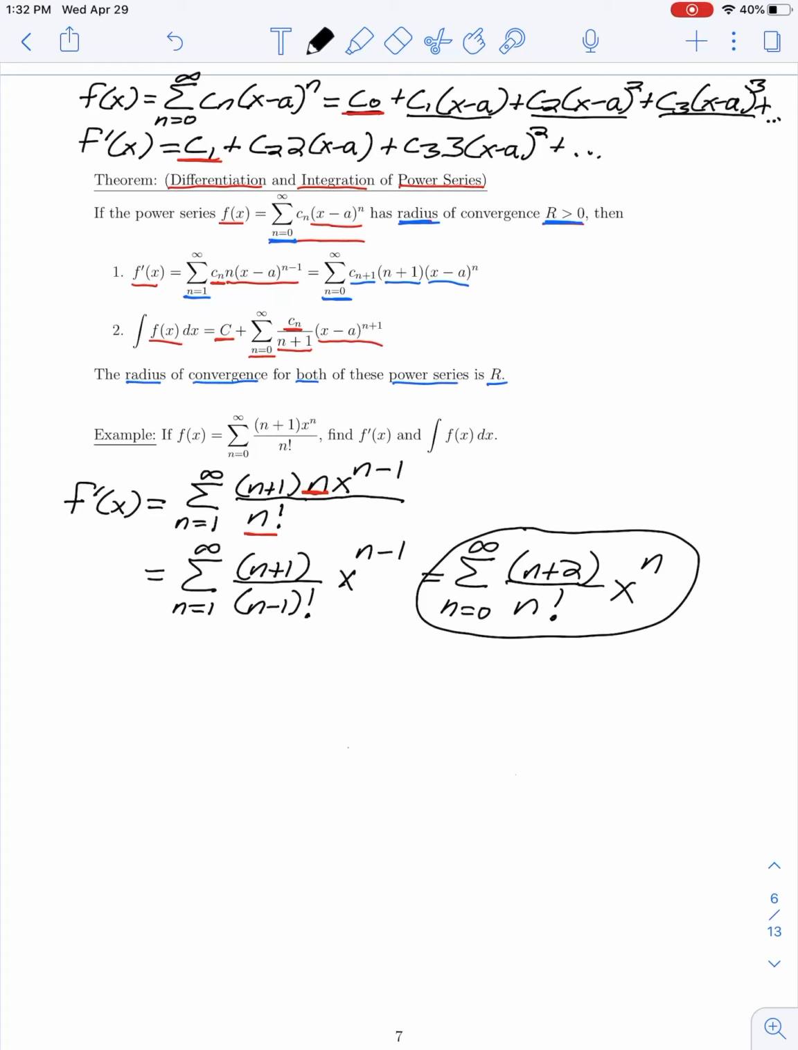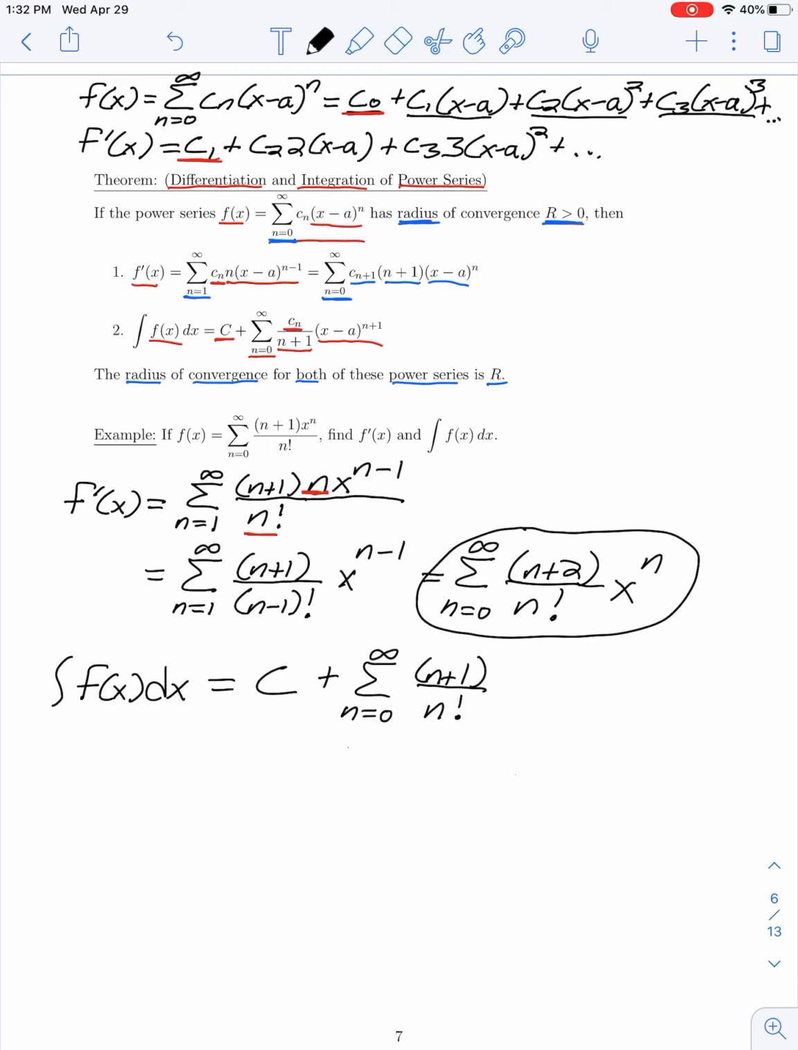Now the second part of this question asks about the antiderivative of f of x with respect to x. So our theorem says, well, we can integrate our power series term by term, and since this is an indefinite integral, we know that we need to include our constant of integration. So I'm going to write that out in front of my series, and then I am adding the antiderivative of each term. So we have the sum from 0 to infinity of our coefficient, which was n plus 1, divided by n factorial,